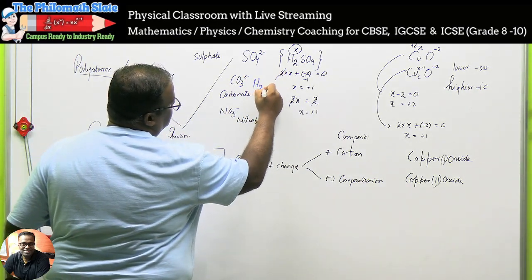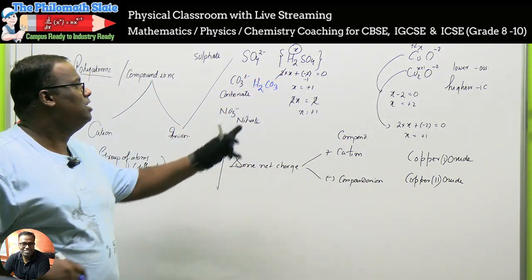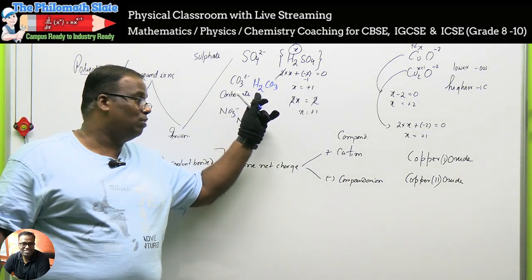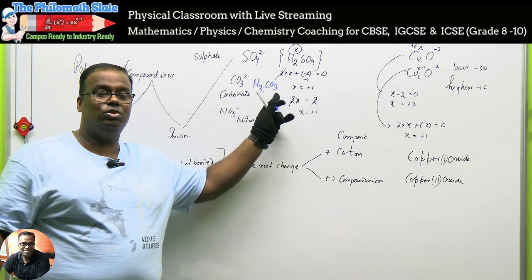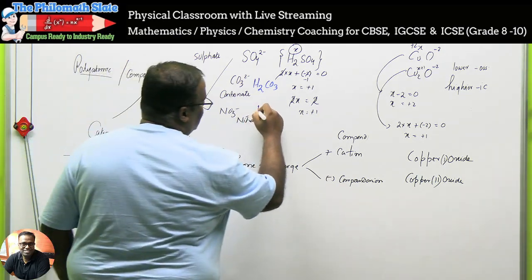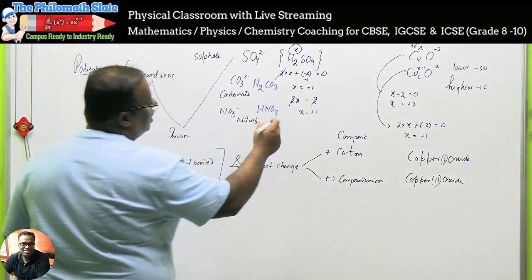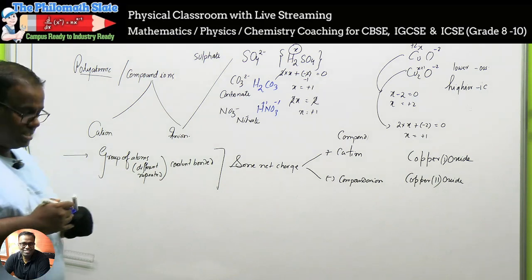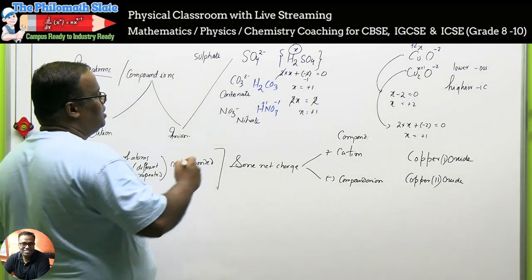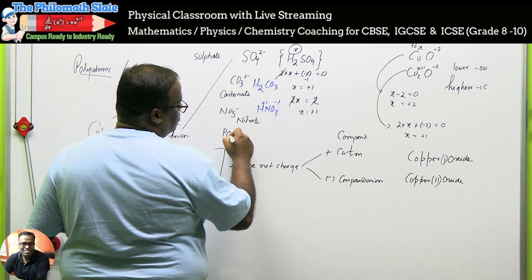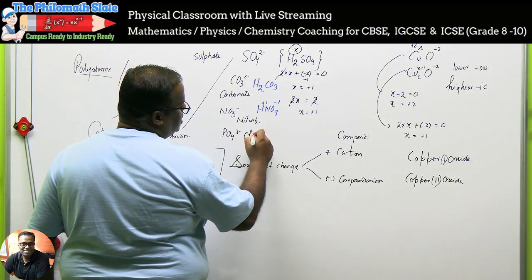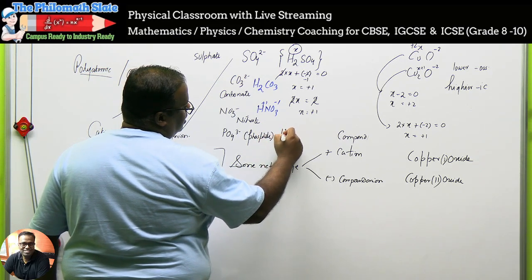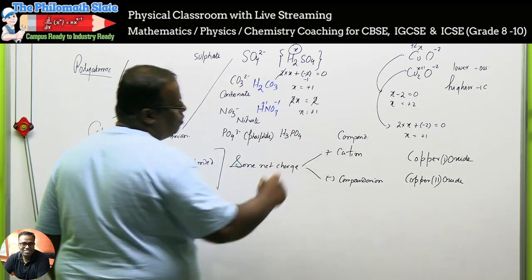H2SO4, this acid is H2CO3. Again, CO3's marriage is with hydrogen. Hydrogen is +1 always. And 2 of them. So how much? CO3 is 2 minus. Look at nitric acid, HNO3, only 1 hydrogen. Therefore, this will take +1, this will take -1. Okay, let's take one more, although the book does not have. PO4. PO4 is 3 minus, known as phosphate. So, sir, what is the acid? H3PO4, phosphoric acid.